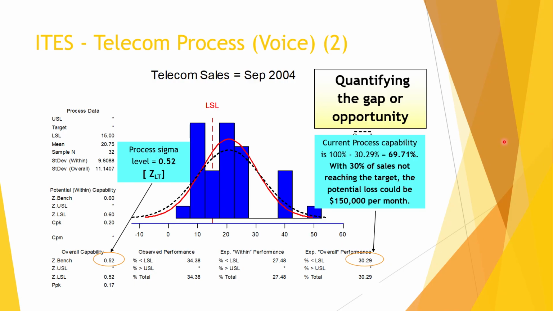Quantifying the gap or opportunity. Current process capability is almost close to 70%. With 30% of sales not reaching the target, the potential loss could be $150,000 per month. And so as a Lean Six Sigma practitioner, when you're working on your project, you're going to